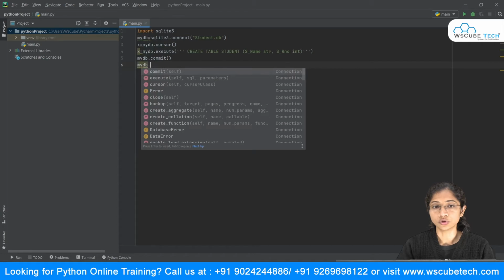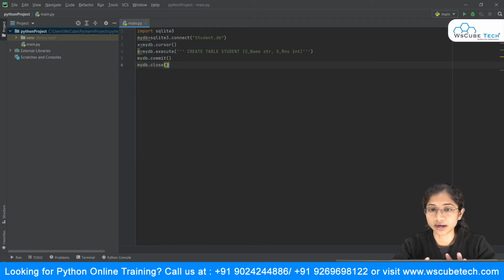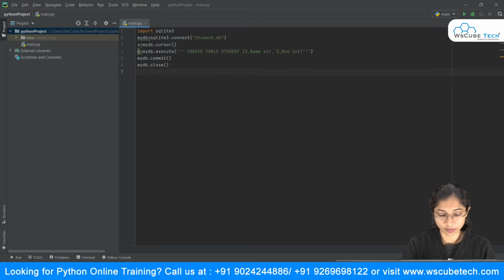So this is how you need to write in order to connect your Python programs with the module that is SQLite. And you can simply print anything over here that will give us a message that everything has been executed successfully. So we'll just say successfully. If this particular message gets displayed as soon as I run, it simply says that there is no error and everything has been done successfully.